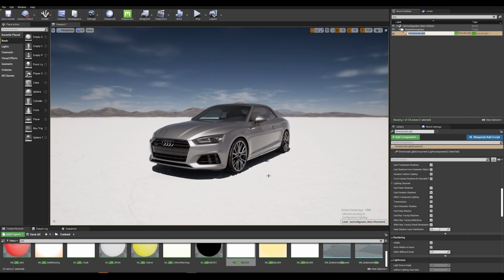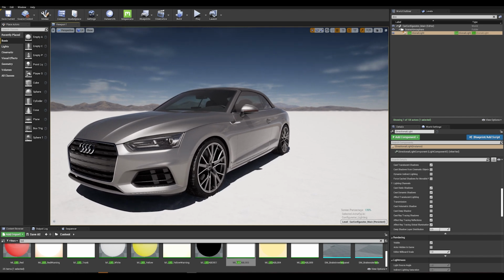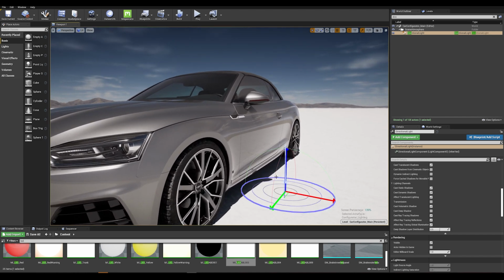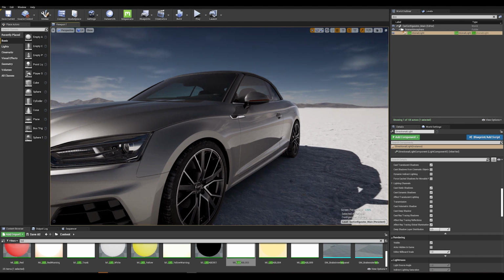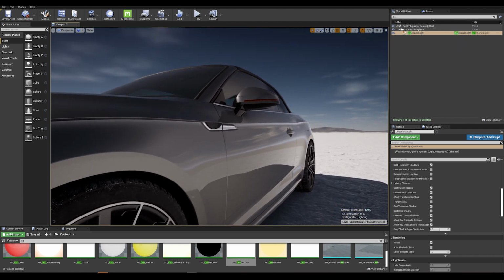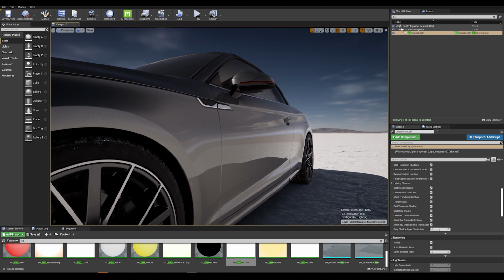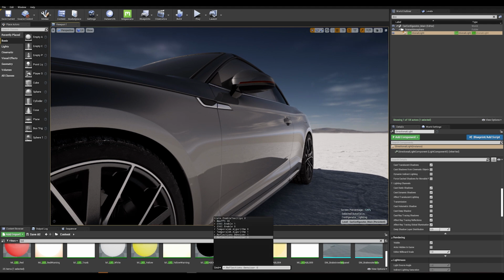Okay, last but not least, let's talk about the console variations used in this project. The first one I want to talk about is the reflection denoiser. If I change the light here just slightly so we get the car in the shadowed area a bit more. By default, when you turn on ray tracing, it's going to apply a denoiser. So we actually turn that off in the project files. But for the sake of the demo, I'm going to turn it back on.